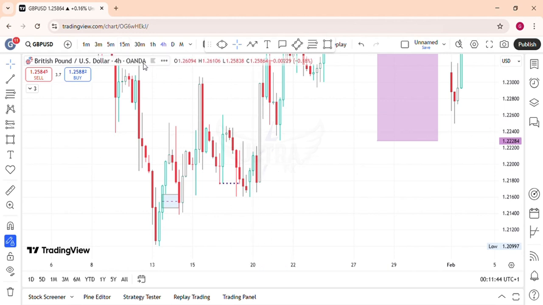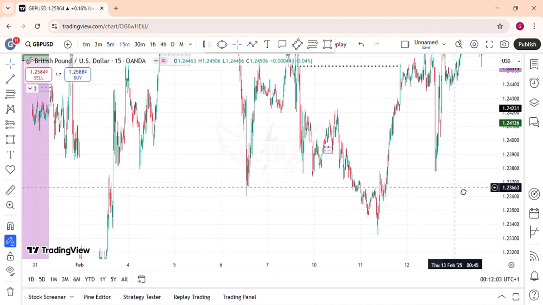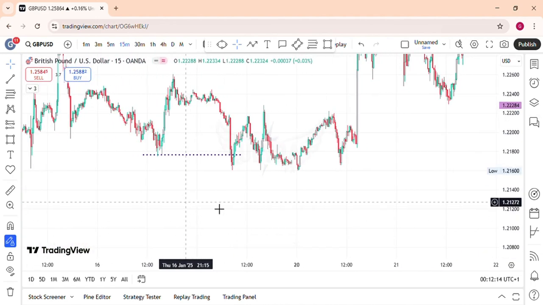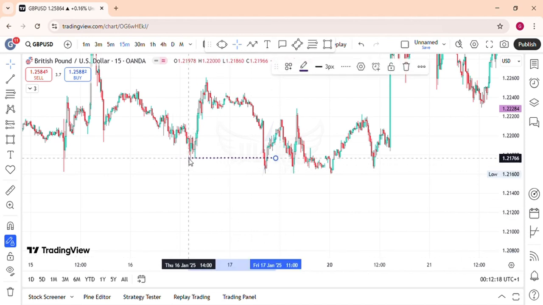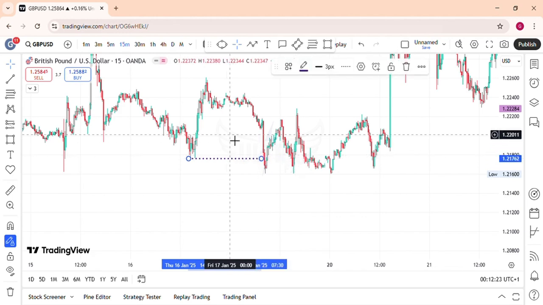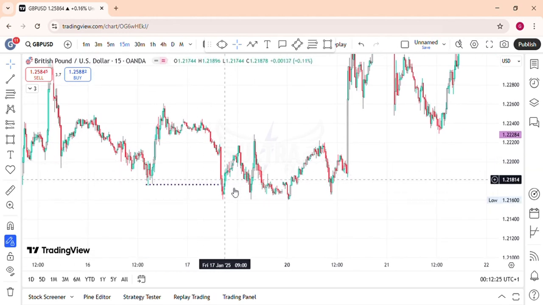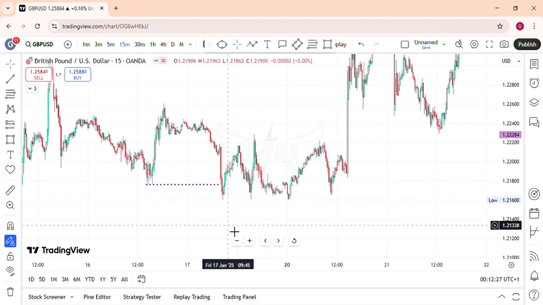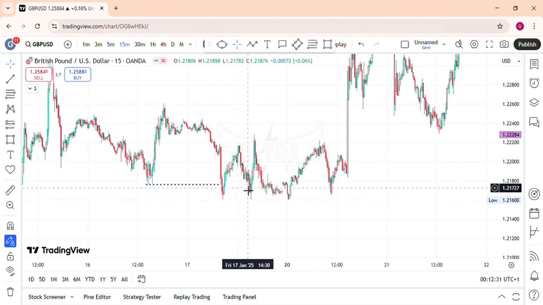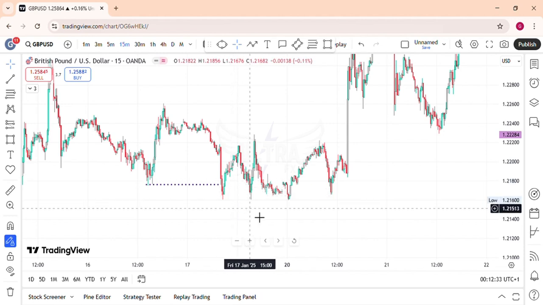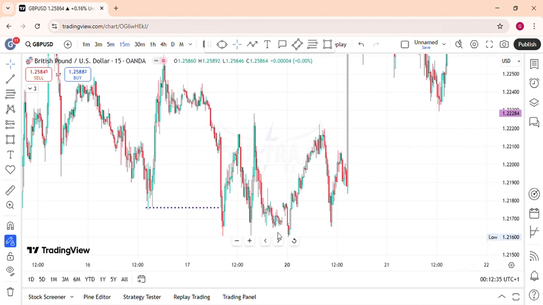All right, let's go back to the 15 minutes. So this is your 15 minutes right here, and you can see the low that was taken. This low was taken right here. All you need to look for right now is your break of market structure. So since I've not really gotten a direct or clear break of market structure that can give me a fair value gap here,